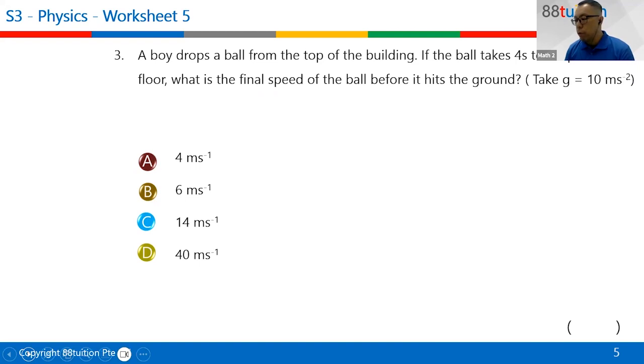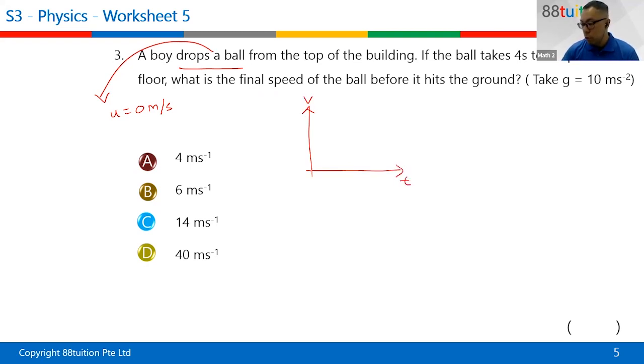A boy drops a ball from the top of the building. Drops a ball, that means your initial velocity must be 0. If the ball takes 4 seconds to drop to the floor, what is the final speed of the ball before it reaches the ground? So if you draw a velocity time graph, good practice to use, it will be like this. All right? This type of question usually is under free fall condition. So acceleration will be 10 meters per second squared downwards. Since your object is falling down,